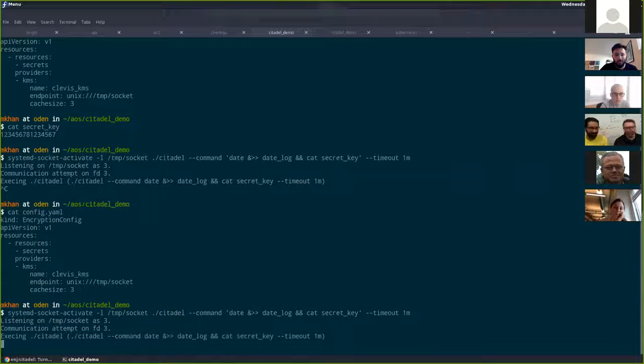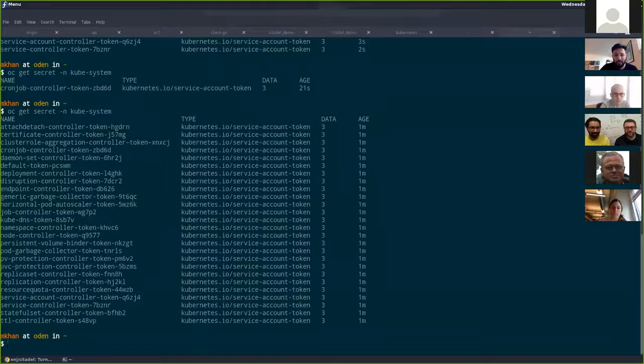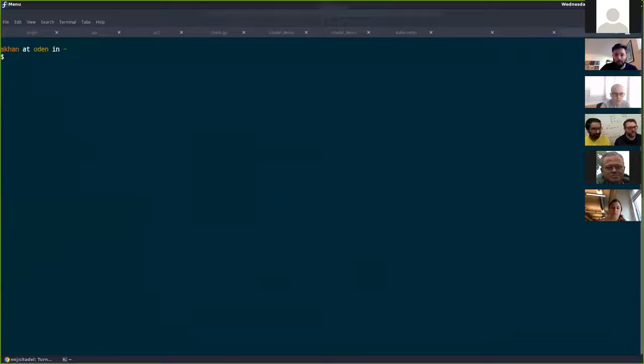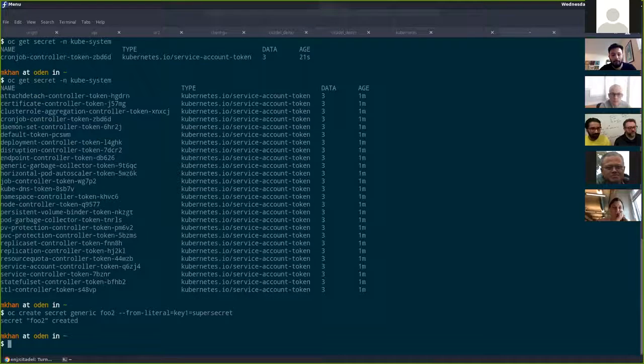That will happen. There we go. Okay. So now if I go back, I can see secrets again because they can be decrypted again. And then as just a proof that things are actually encrypted, if we create a secret while we